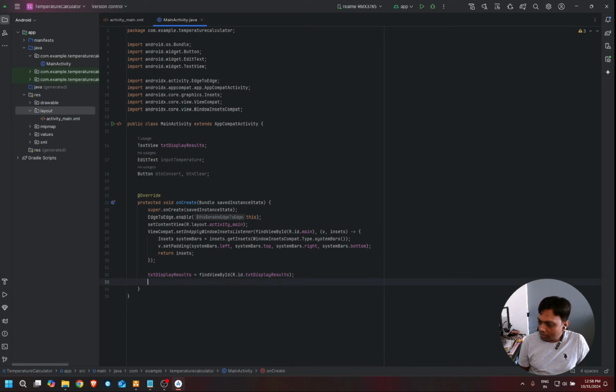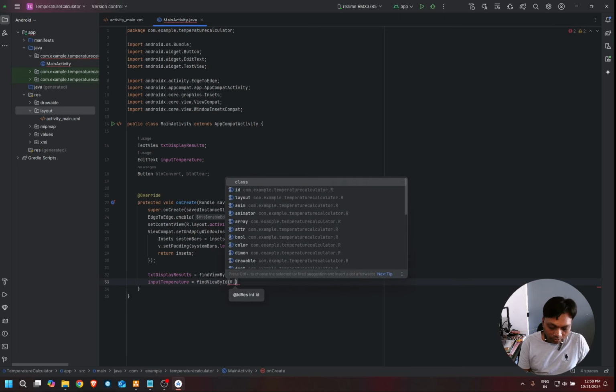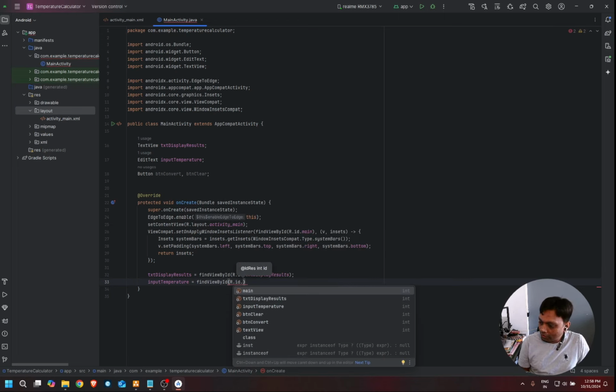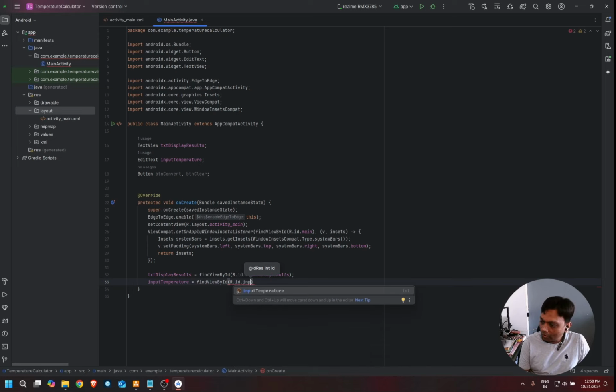So now the txt display result is connected. Now we do that for input temperature is equal to findViewById R.id.input temperature,